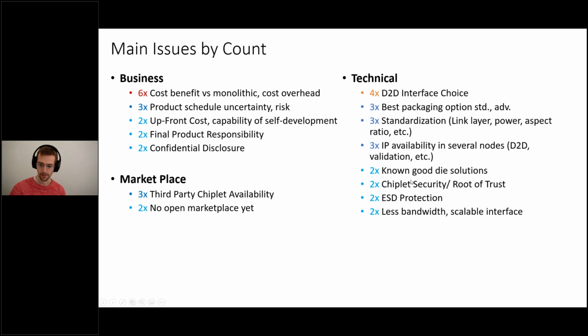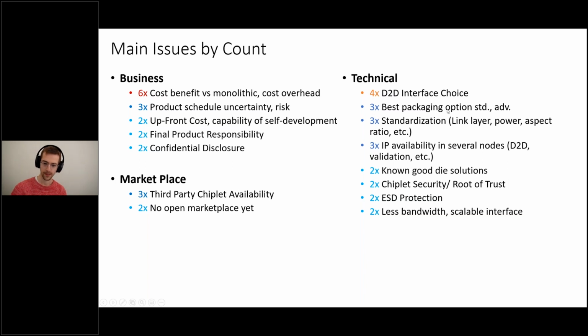And then the biggest section, I would say, I listed those as technical related items, but they're still also business items in a way that if those aren't solved, you will not be able to easily offer business or chiplets to other companies. So some of the ones that a lot of companies saw was the choice of die-to-die interface. Some people have said this in terms of should we use a bunch of wires or UCIe? Others have left it more general, but I think this is on a lot of companies' minds.